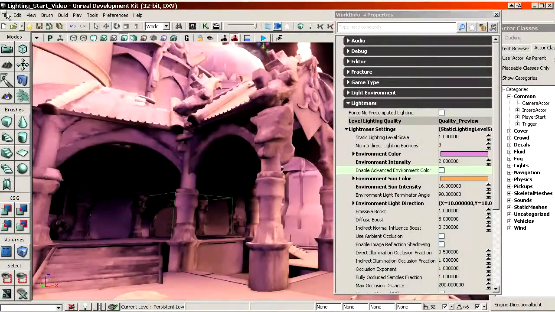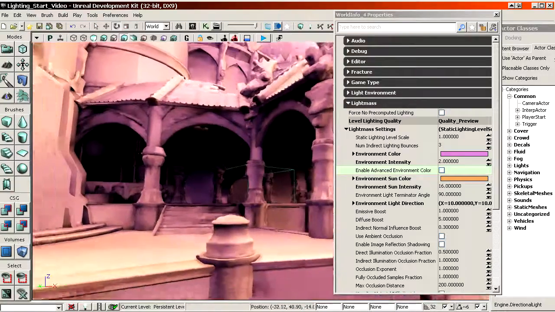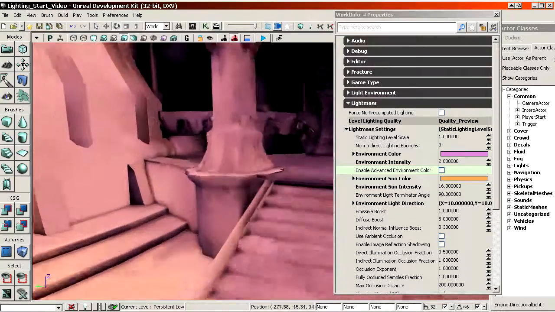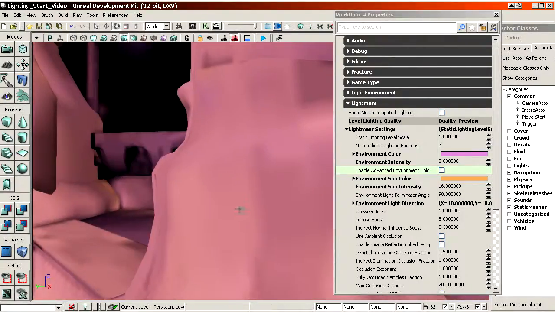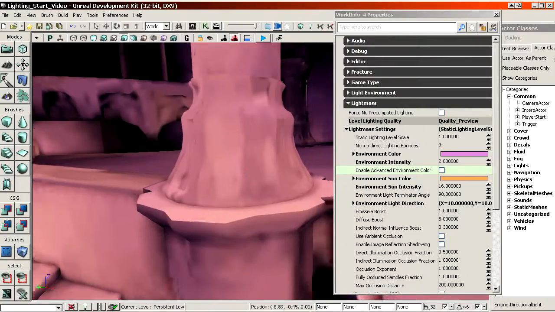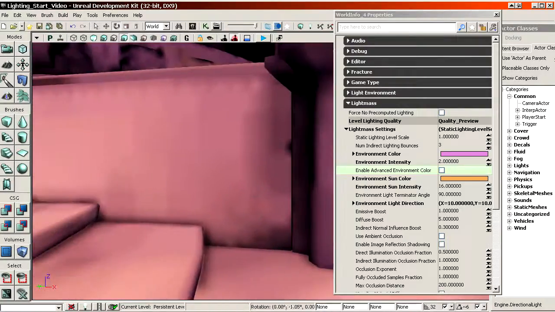And then we can look at the three different ways of rendering light in Unreal. So Unreal renders light in three different ways. The standard way is light mapping everything. That's what's been done to these meshes. You can see this is light mapped because you can pretty much see the pixels in it. It's a bit more blurry, dirty. You can see the individual pixels kind of shine through,